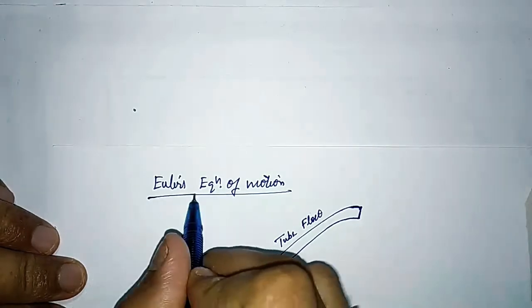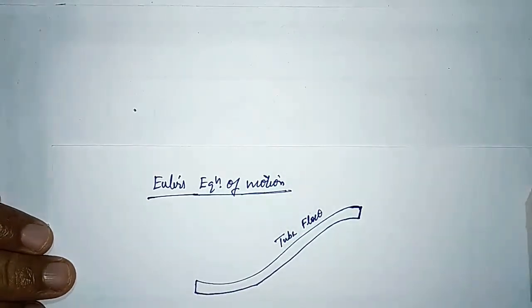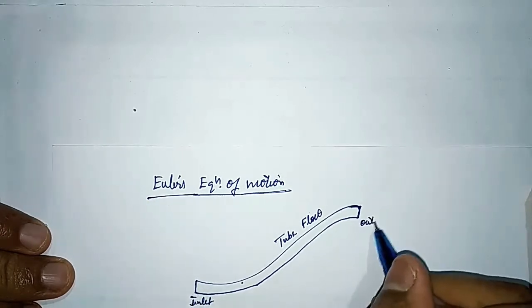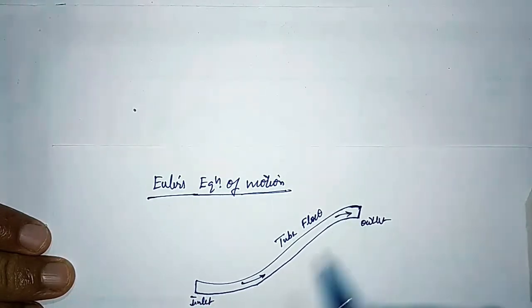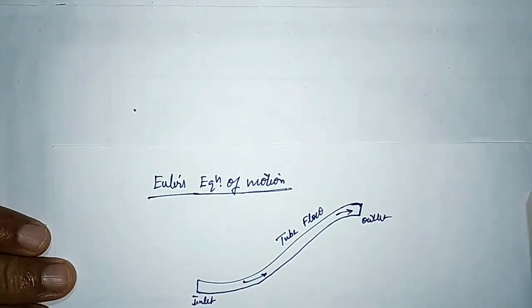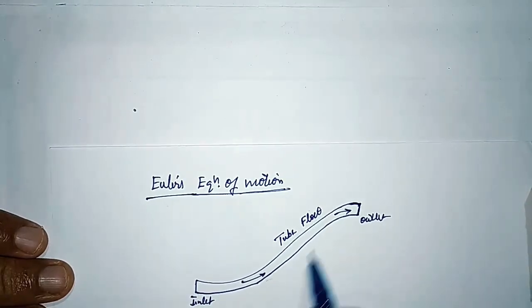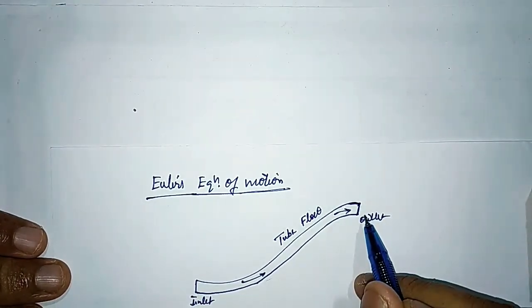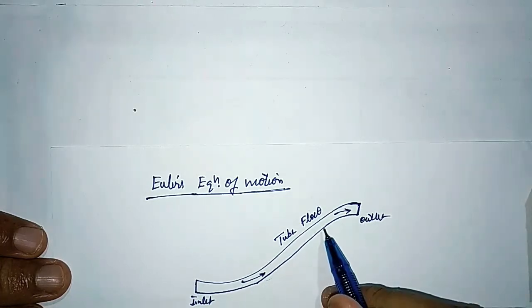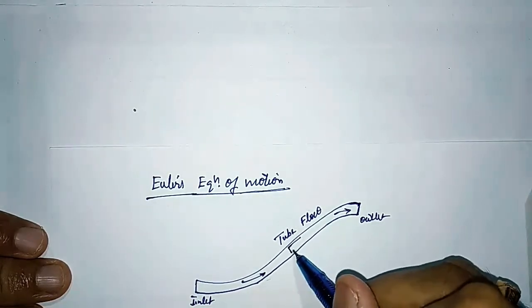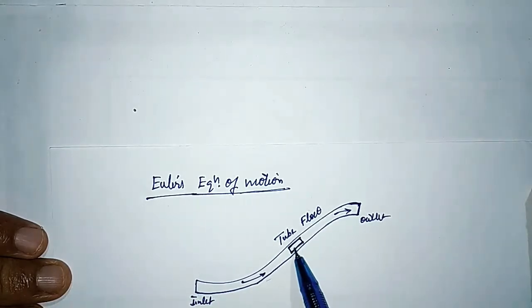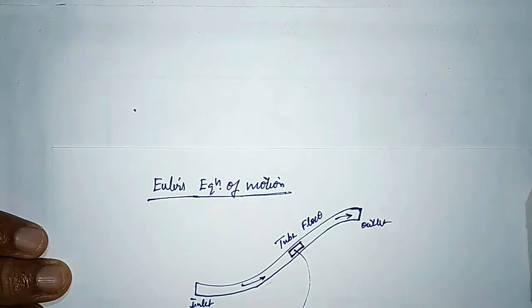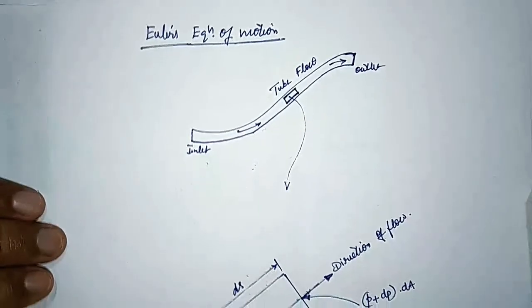Euler's equation of motion. Now here a tube flow is taken as an example with the inlet on the left side and outlet on the right side, with the direction of flow from left to right. Now the analysis of the entire tube for deriving the equation is not possible. So instead of taking into account the entire tube dimensions, we will take a small element of this tube with all the forces acting on it. Now this is a small element taken and it is redrawn like this here with all the forces with its dimension.